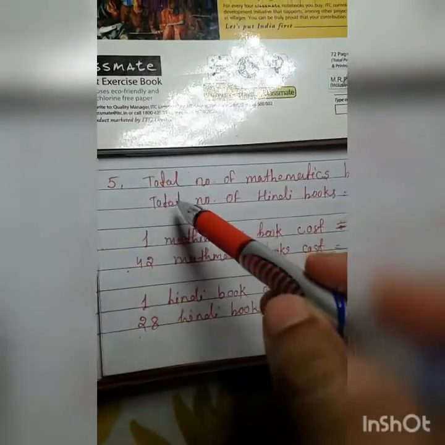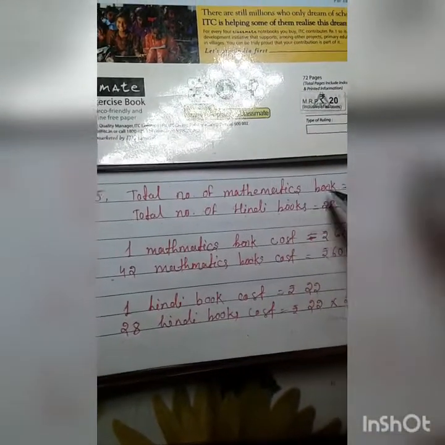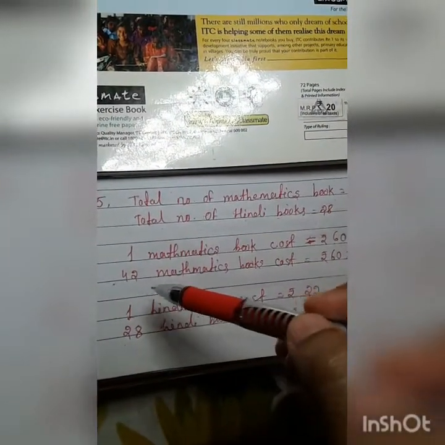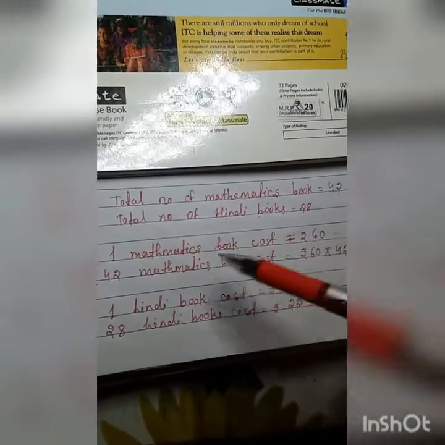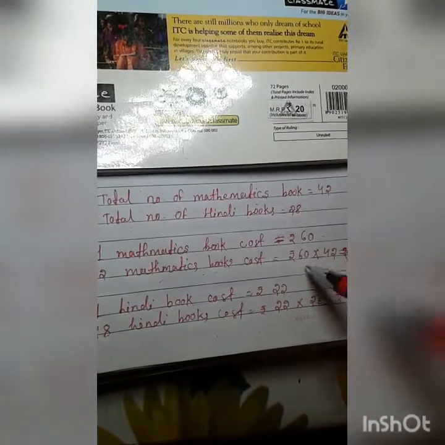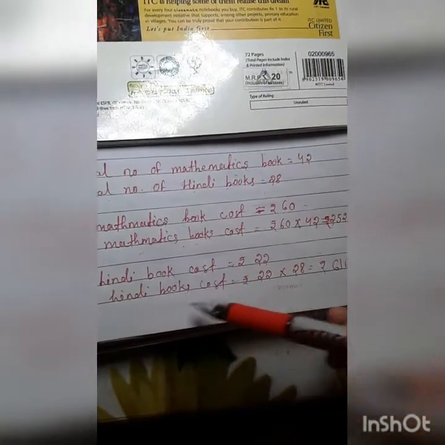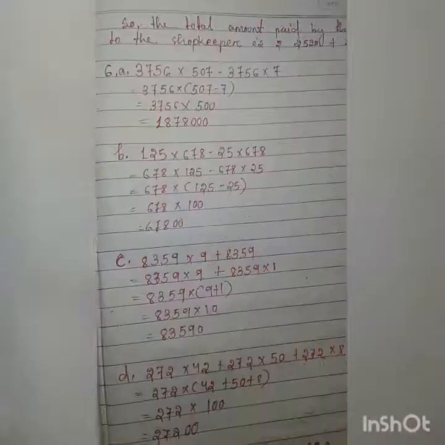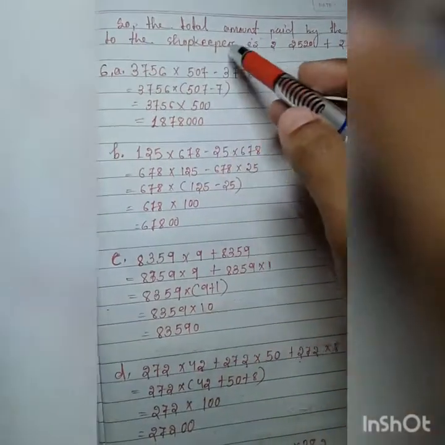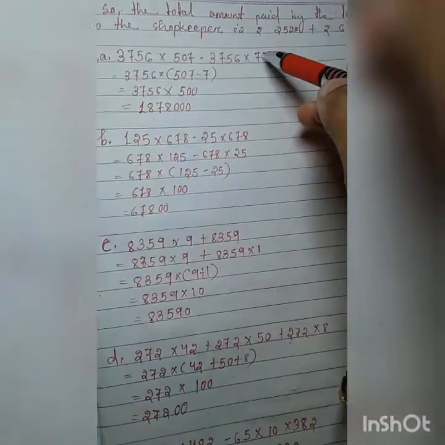Let's see the solution. Here, total number of mathematics books is this much and total number of Hindi books is this much. Then you have to find out the cost of 42 mathematics books. One mathematics book costs this much, then the cost of 42 mathematics books, you just multiply. Then for Hindi books also do the same, you multiply, then find out the total rupees. Then you write, so the total amount paid by the teacher to the shopkeeper is